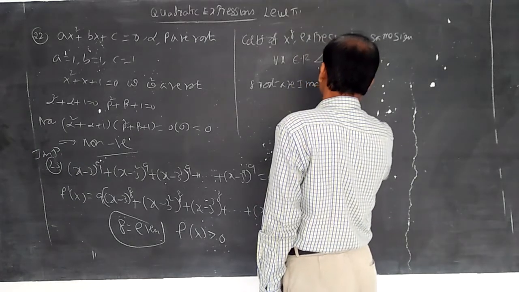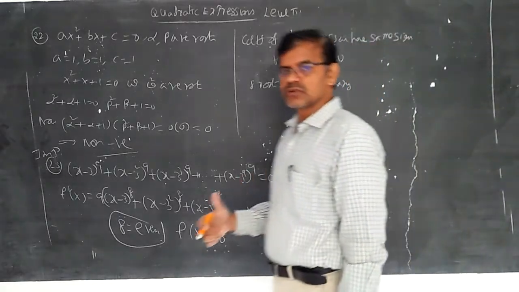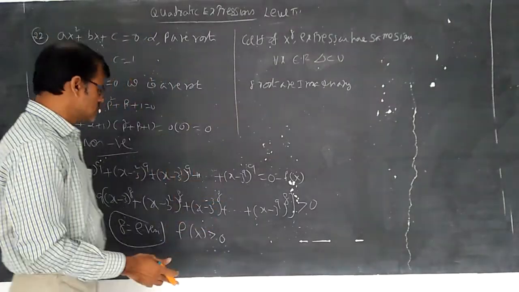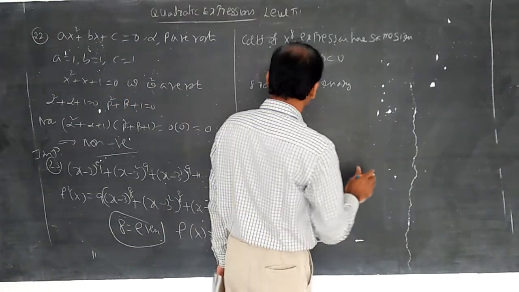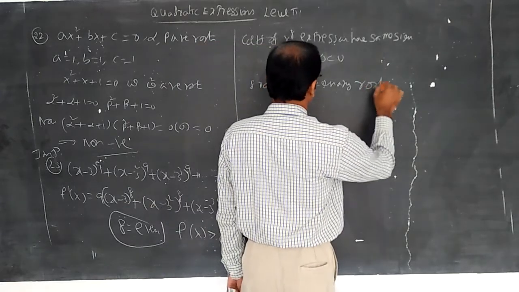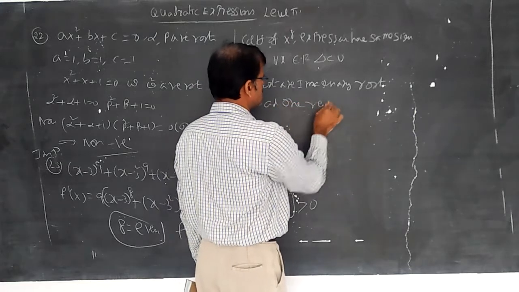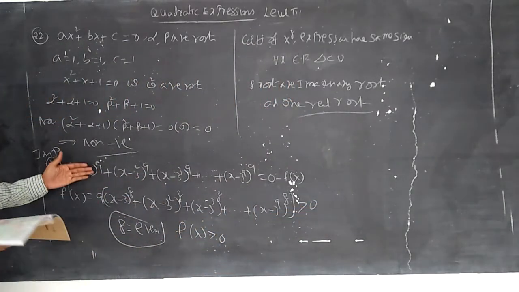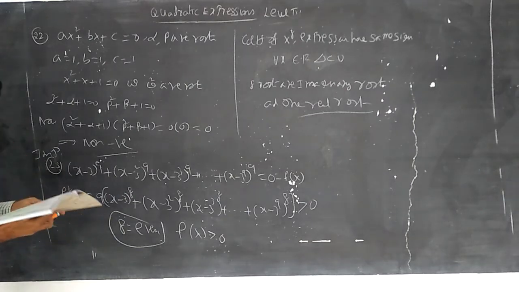Whenever we are calculating f dash x, the derivative of the given expression, whenever the derivative function gets imaginary roots, then the original function has only one real root. You will be learning this in the theory of equations chapter, the multiple roots concept. 8 roots are imaginary roots, and 1 is a real root because the degree is 9. Whenever one real root is there, then only we should calculate the derivative. Derivative concept you can learn in the next chapter.